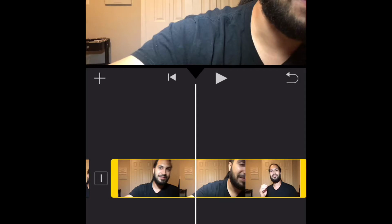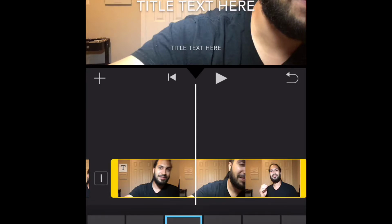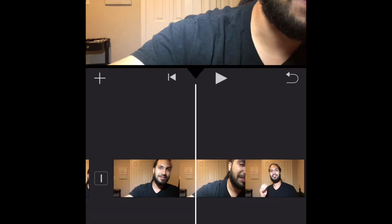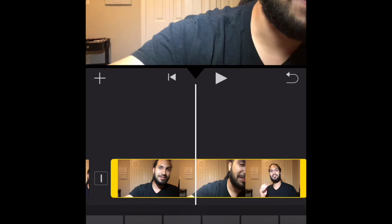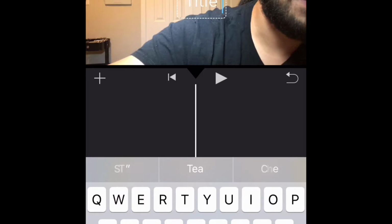All you would have to do is just chop out the clip that you want to have the text on and go ahead on the bottom, hit the T, and then from there you have different animations for the text, and just kind of get lost in that as well to get whatever you want to do on the text. And as soon as you're done, that text, as you see on the left top corner, it'll show up on